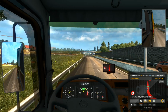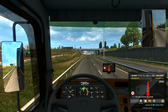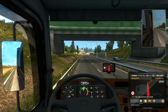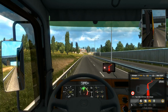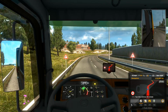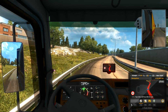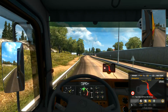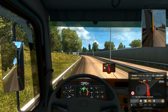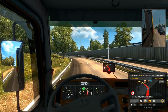Now, as for trucks of the 90s, unfortunately, if you're a resident of the UK, you'll remember the likes of Foden, ERF, and Seddon Atkinson, and what was the other one called? Other manufacturers, but I'm sure it was. Now those manufacturers are long since gone. Unfortunately, I won't be able to do those because nobody's done mods of those trucks. But in case you're a viewer from Europe and you're not familiar with those names,